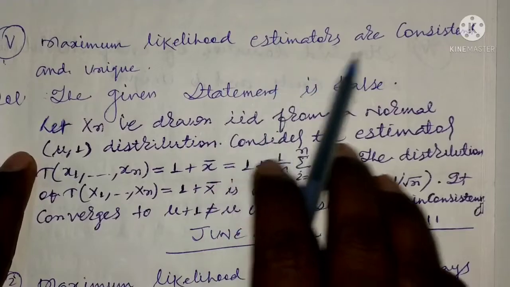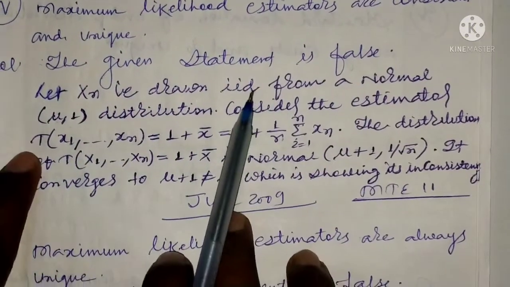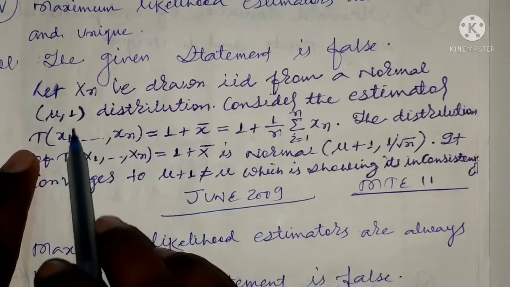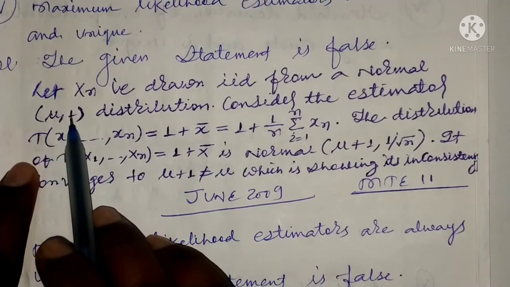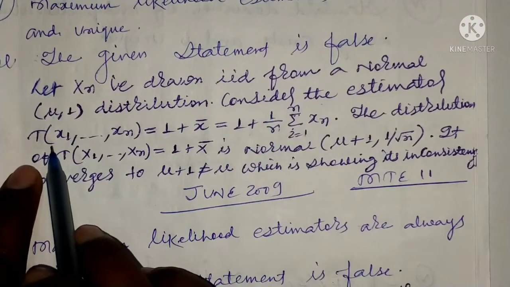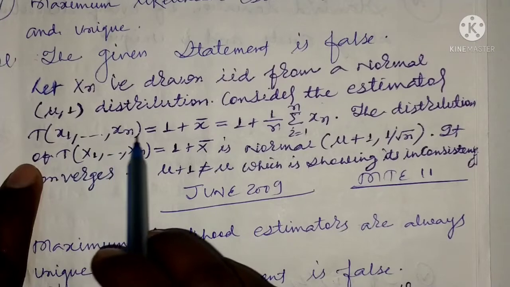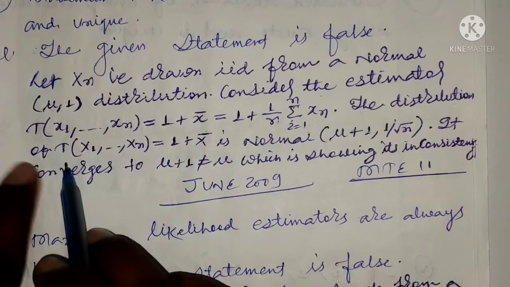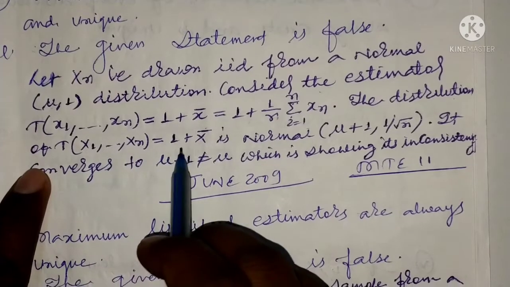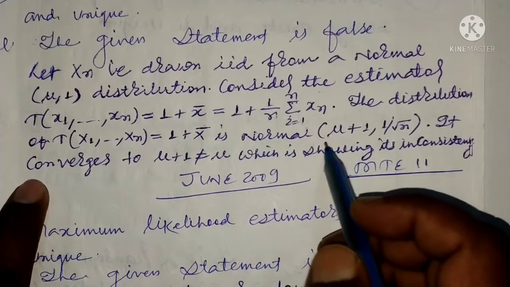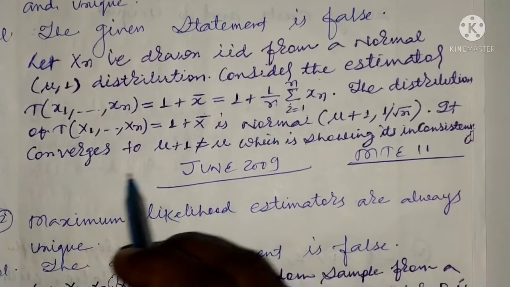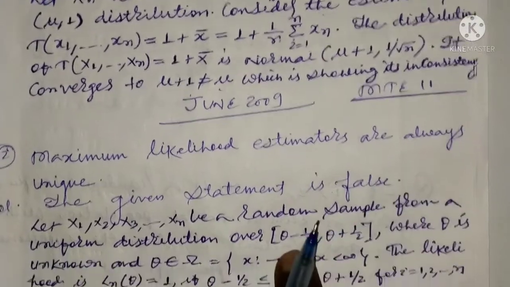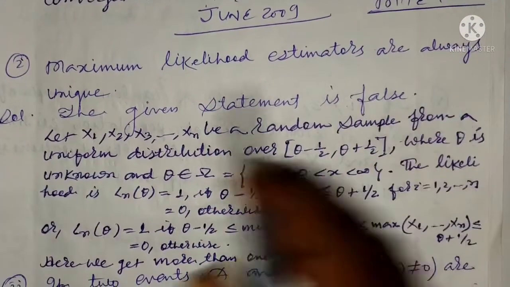उसके बाद अगला, maximum likelihood estimators are consistent and unique। तो कहेंगे the given statement is false। Let for example, ये counter example है, let Xn be drawn i.i.d. from a normal distribution with mean mu and variance 1 distribution। Consider the estimator T of x1 x2 x3 up to xn is equal to 1 plus x bar is equal to 1 plus 1 by n summation xi, i is equal to 1 to n। The distribution of T of x1 x2 up to xn is equal to 1 plus x bar is normal distribution with mean mu plus 1 and variance 1 by under root n। It converges to mu plus 1 not equal to mu, which is showing its inconsistency।